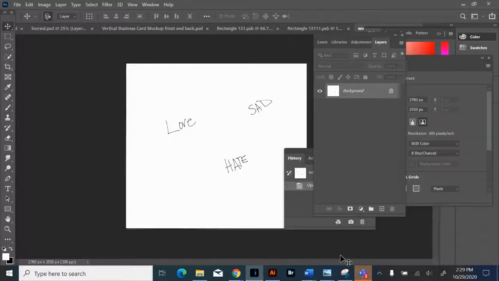So I wanted to show you how to add words over your image because a lot of you were saying that you wanted to add some words. So you could just handwrite words onto a piece of paper and take a picture. I like to use a bold marker to do that. And then if you have them all written the way that you want them, you could just select the page, copy it. So take it with your camera, select it, copy it,